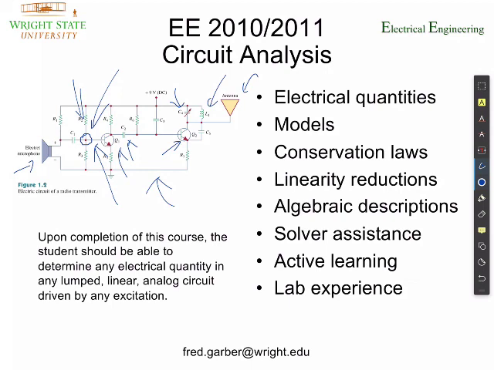So what do we do in this course? We first start off with electrical quantities: voltage, which is electrical pressure; current, which is electrical flow. And we look at models for the elements that we're using, including conservation laws. So I just did an overview for you of the conservation of charge law that says, again, in any region, the flow in equals the flow out, along with some linearity reductions, making things simple, that lead to algebraic expressions